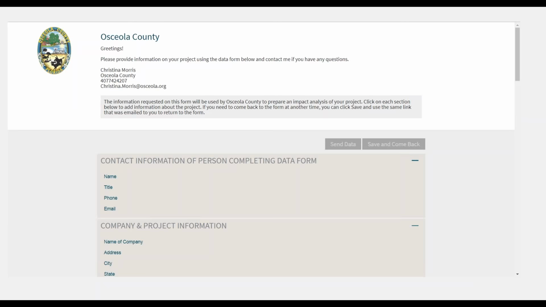So here's another screenshot of what it looks like if you're going to actually email that spreadsheet from the model. It kind of gives them instructions on what they need to do and allows them to send it back to you as well, or to save and come back. So that's a nice feature that wasn't available on the desktop model.